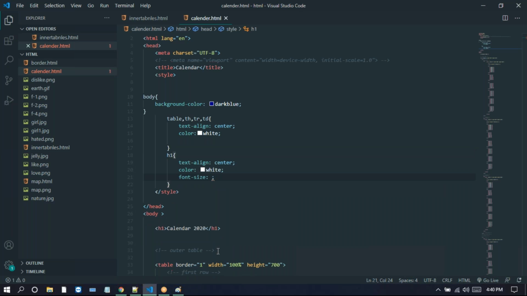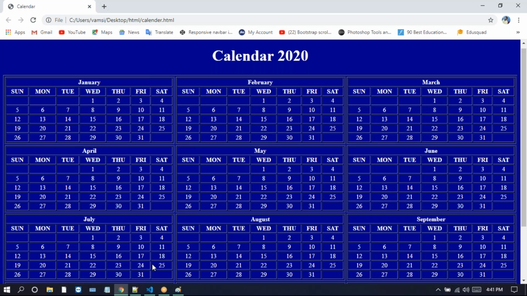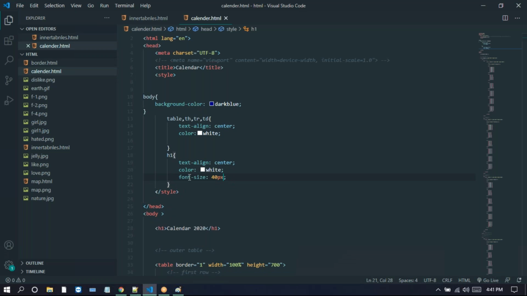So here I'm just giving the font size as 40 pixels. Now look at this one. So we just refresh this one on the browser, so it will go back to the normal position. So here we just write